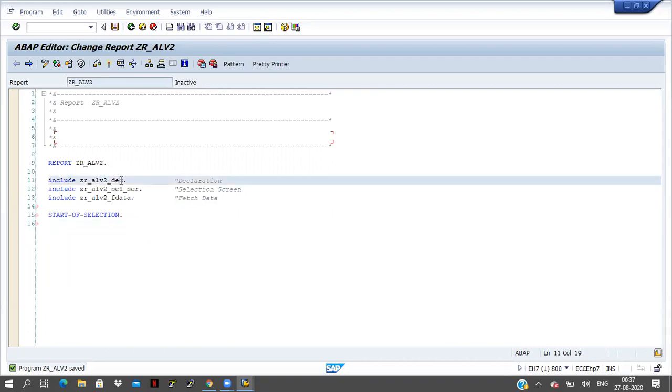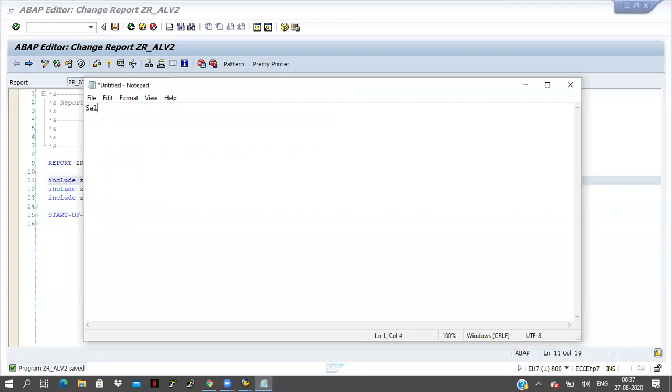So the requirement is: sales order number, document date, company code, document type, customer number, customer name, customer city, and his company name also.